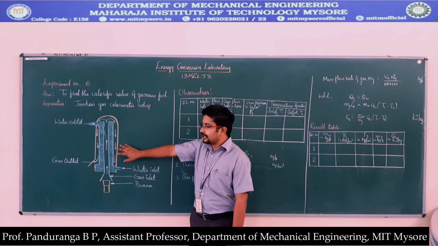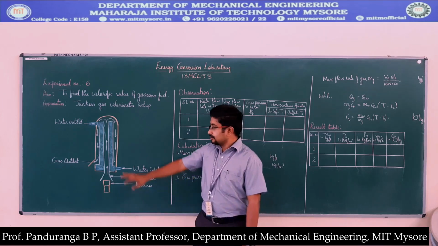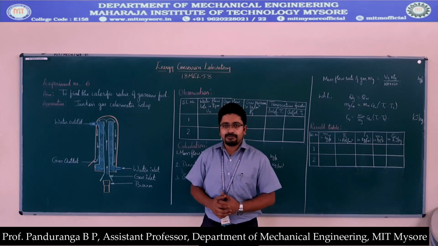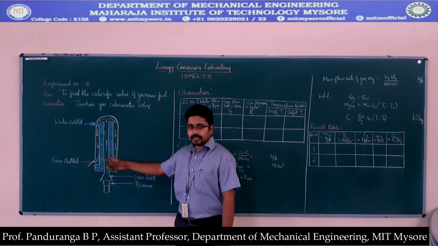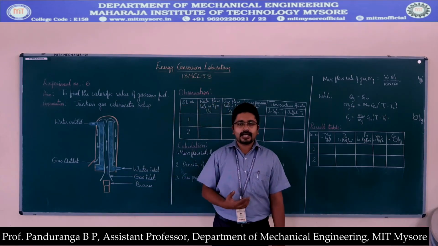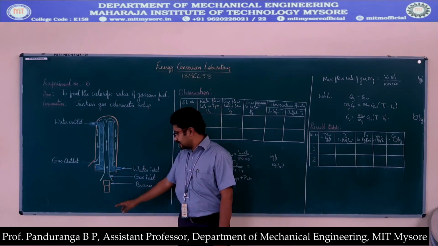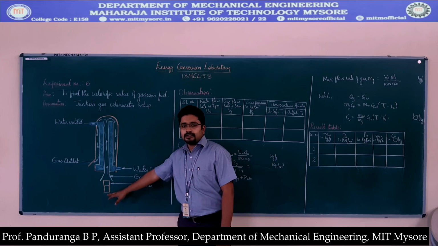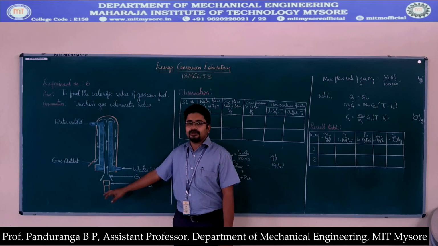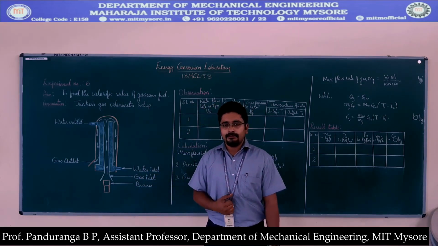So here I have written a schematic of the Junkers calorimeter experiment. Here it is basically a heat exchanger. The heat exchange is taking place between the burnt LPG gas and the water. Here we have concentric tubes through which alternatively the gas and water flows. At the center we have the inlet for the gas. At the bottom we have the burner, and this burner will be connected to an LPG cylinder. Through the instrumentation panel, we control the amount of LPG flowing into the burner.